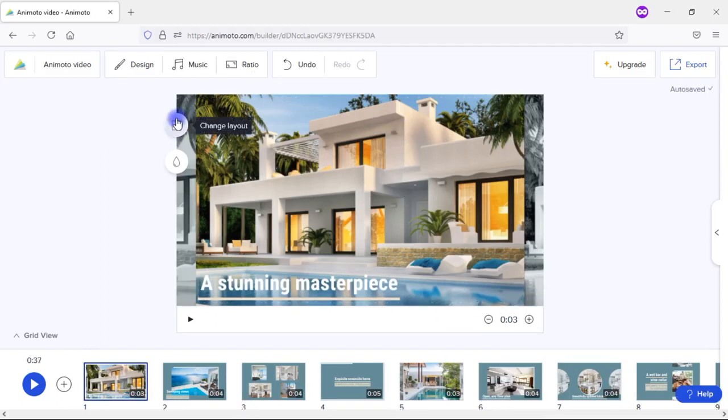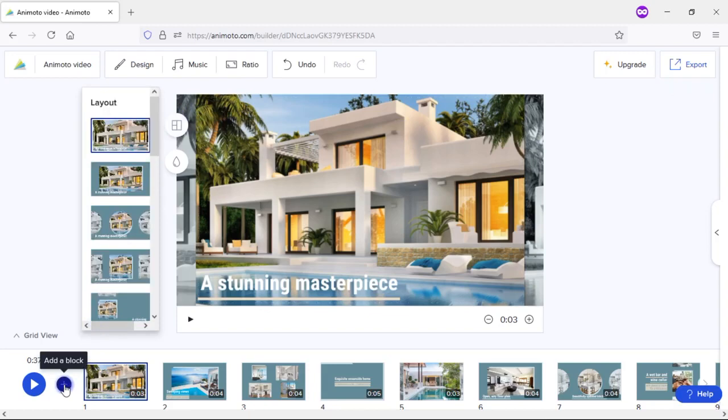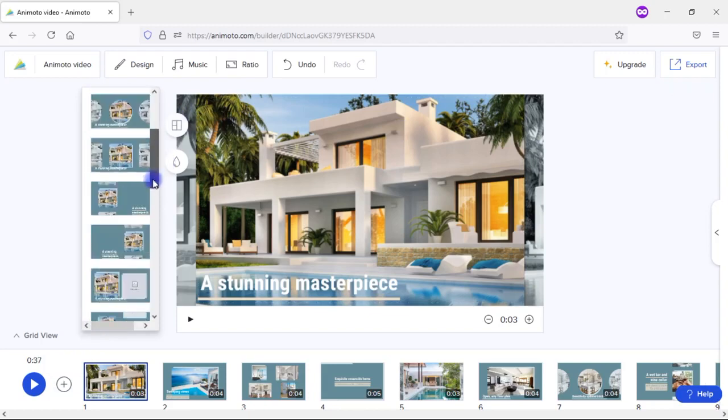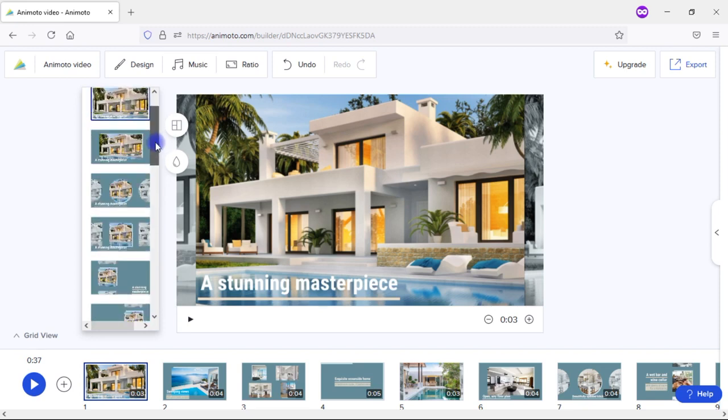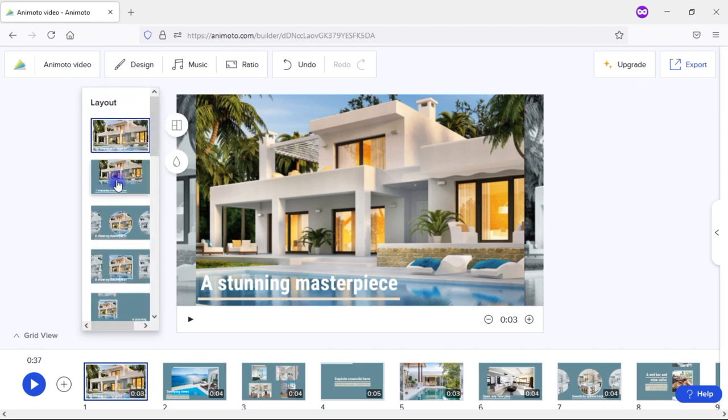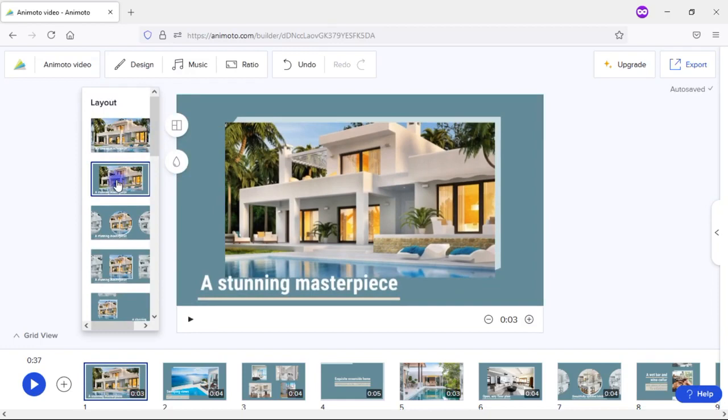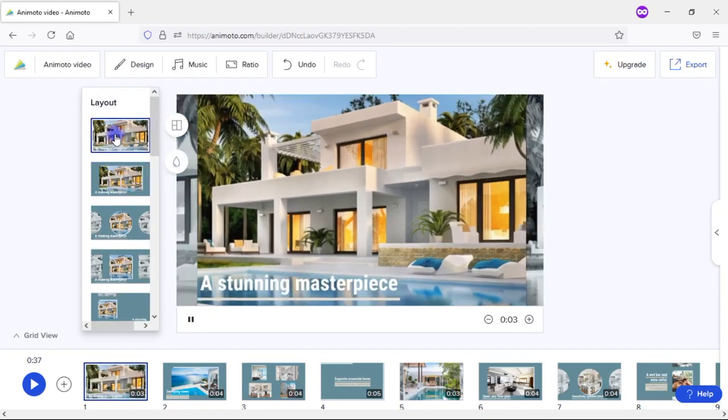Over here, you can change the layout. If you remember when we were looking at the blocks, they have these different pre-structured layouts that you can use. So if you want to change the layout of a particular scene, it's very easy. Click on one button and you have a completely new layout for that particular scene. And let's go back to this version.